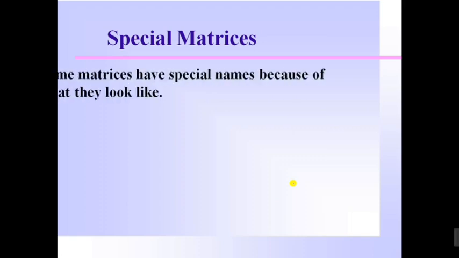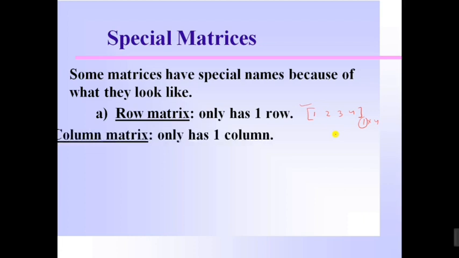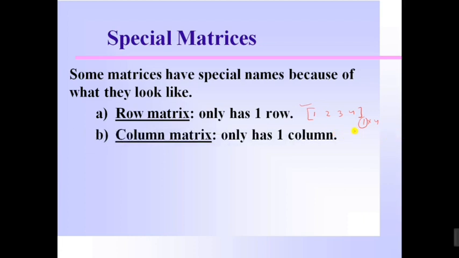There are some special types of matrices. Let us discuss that. Row matrix, it has only one row. If you remember, I have given the example 1, 2, 3, 4. This is a single row, hence this is called a row matrix. So one row and 4 columns; the number of rows is 1, so it will be called a row matrix. Next, column matrix, it has only one column.